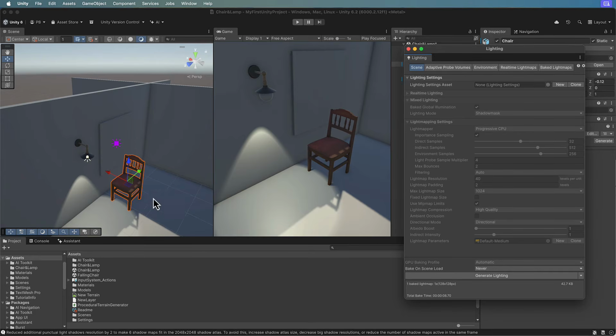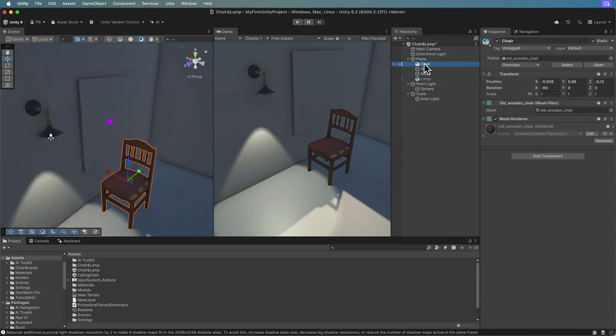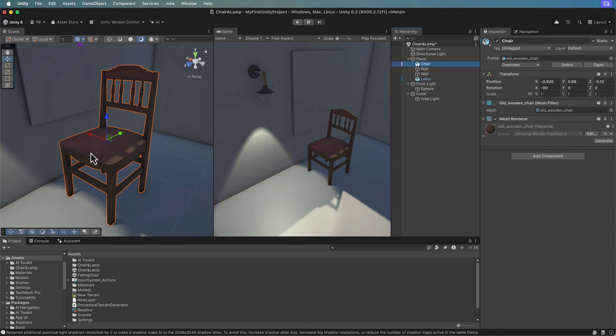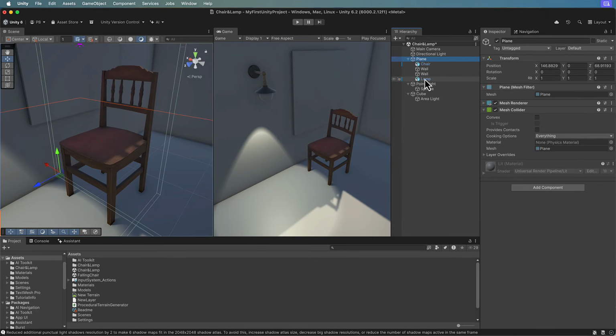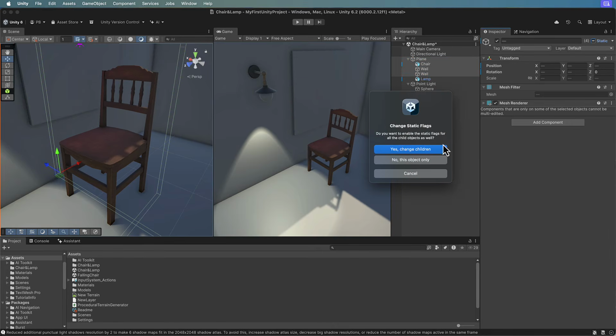Now you can see, hopefully, that there's a purple glow on that chair that wasn't there before. So if we select everything, our plane and our chair and the walls,